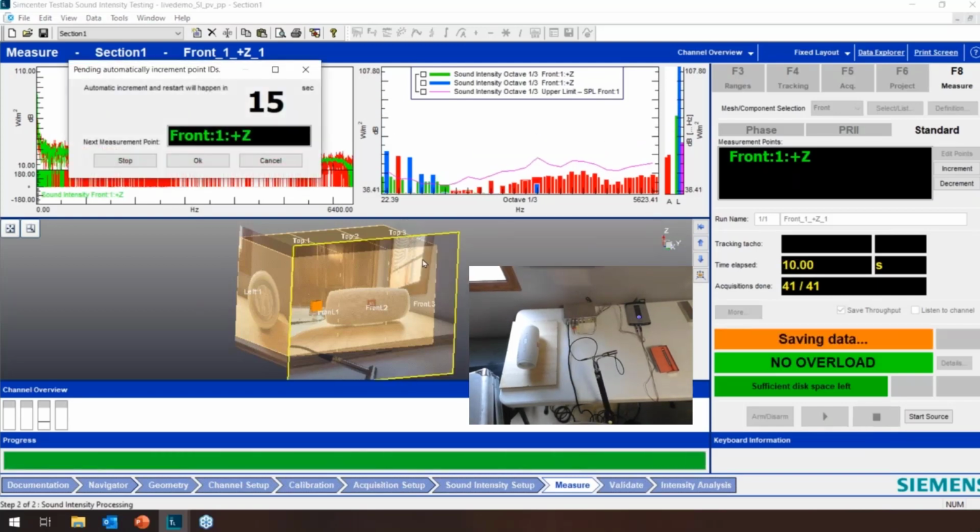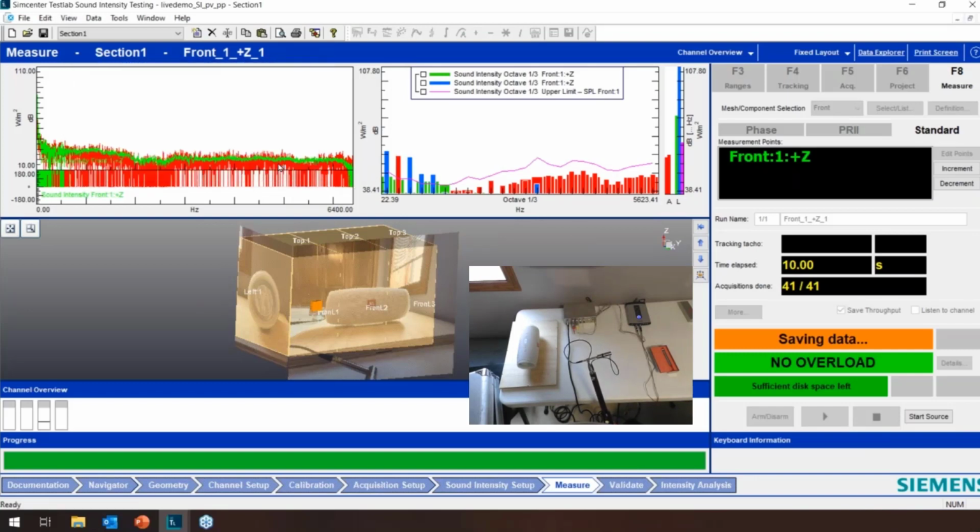Now, Raj, would you like to explain why there's some red and some green up here in this octave plot and what these plots are? Yeah. Okay. So what you see here in the top left-hand side display is the instantaneous spectrum and the averaged intensity spectrum. And on the top right-hand side, you see them in the octave format. And in the octave display, you can see that some of the octaves are showing in red and some of them are green.